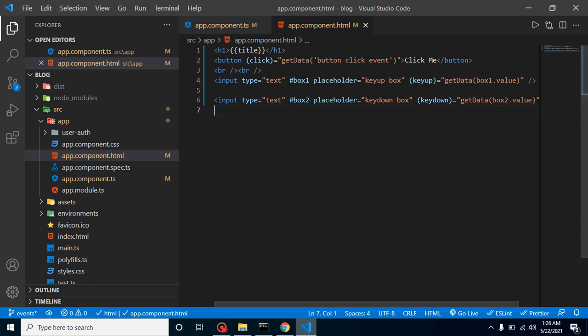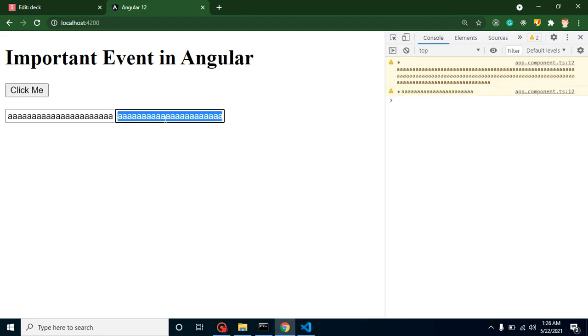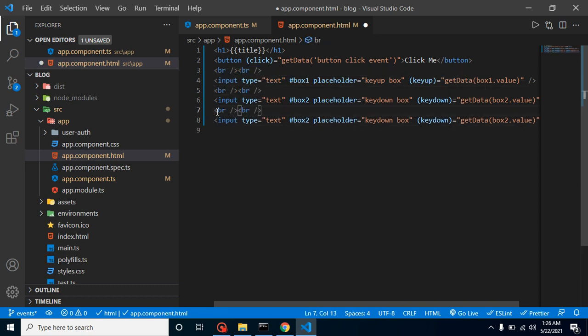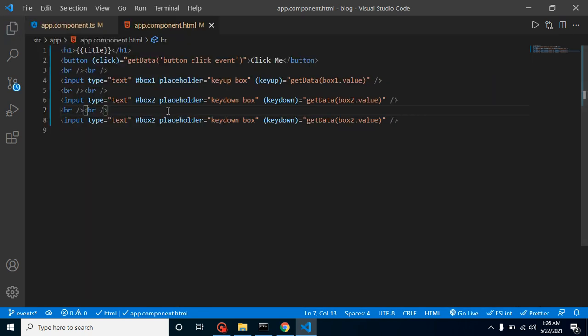Now let's say I want to get the values whenever I focus out of my input box. How can I do it? For that we need a third box, and one more thing, guys, I have to put BR tags between all of these input boxes, and here simply use blur. Obviously we have to change the ID also, otherwise it will give the value of the above input box, right?